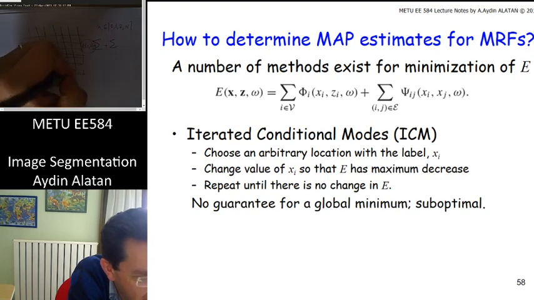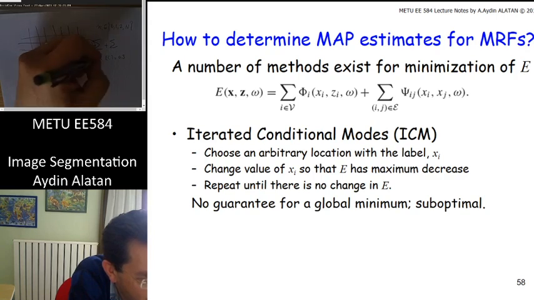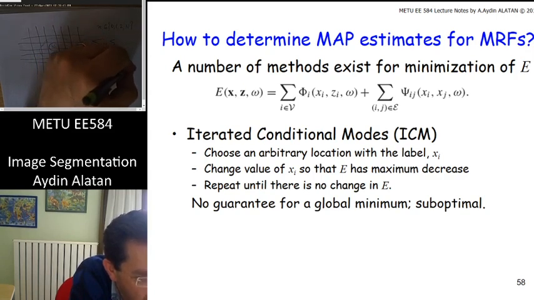You calculate this, making all of them fixed. For every different value, you calculate this energy function. In other words, the energy for xi equal to 0 is 0.3, then xi equal to 1, xi equal to 2, xi equal to n. You calculate your energy function,